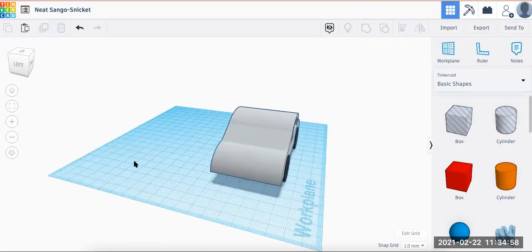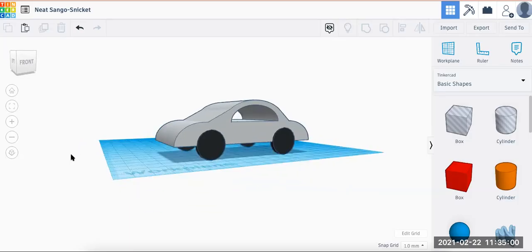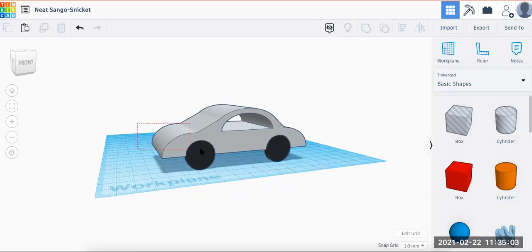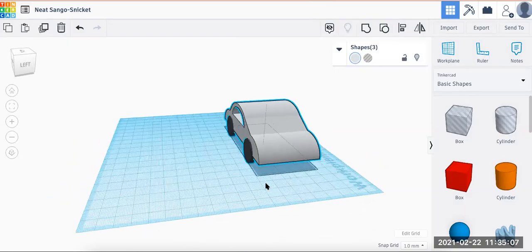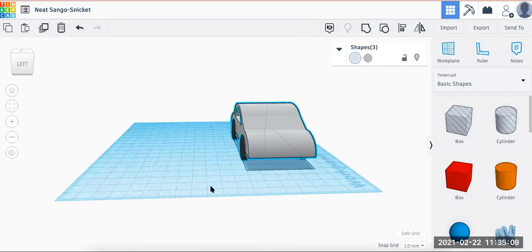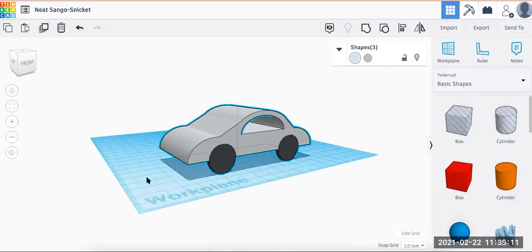Last thing I'm going to do is make this all one object. So I'm going to group all of those pieces together. Make sure you have all of them selected. You can see that those wheels are selected as well. I'm going to click the group button,